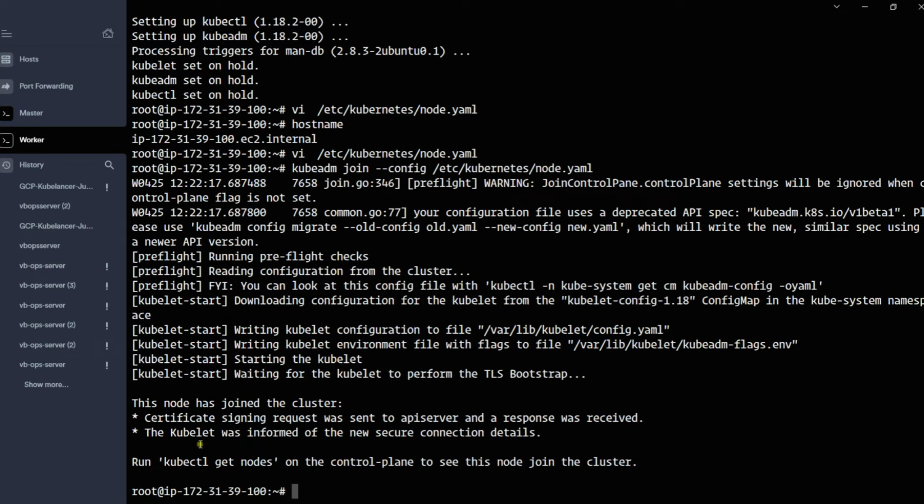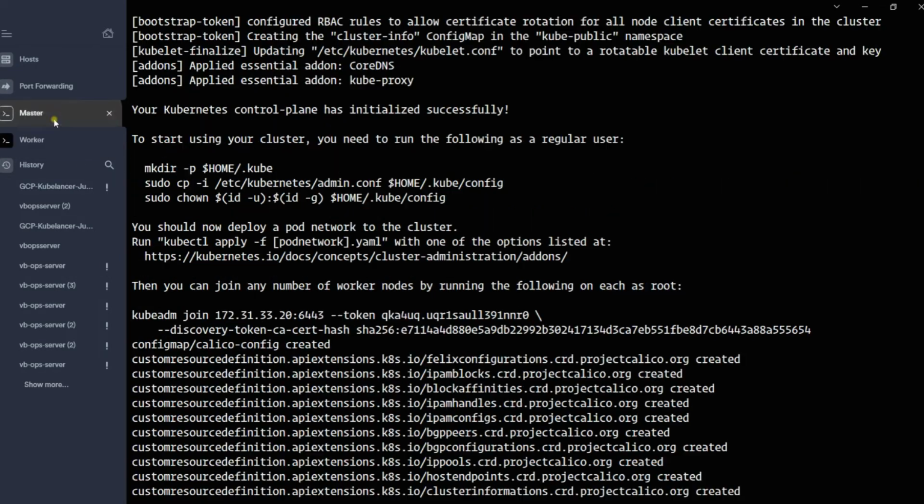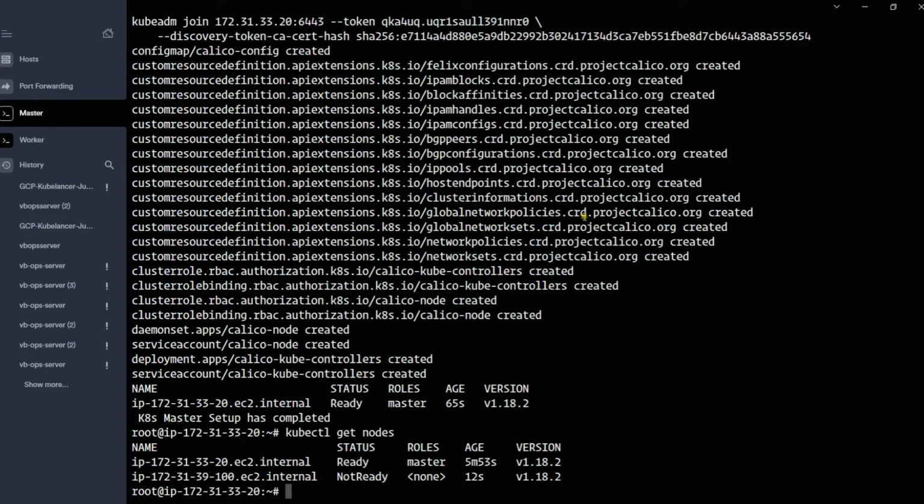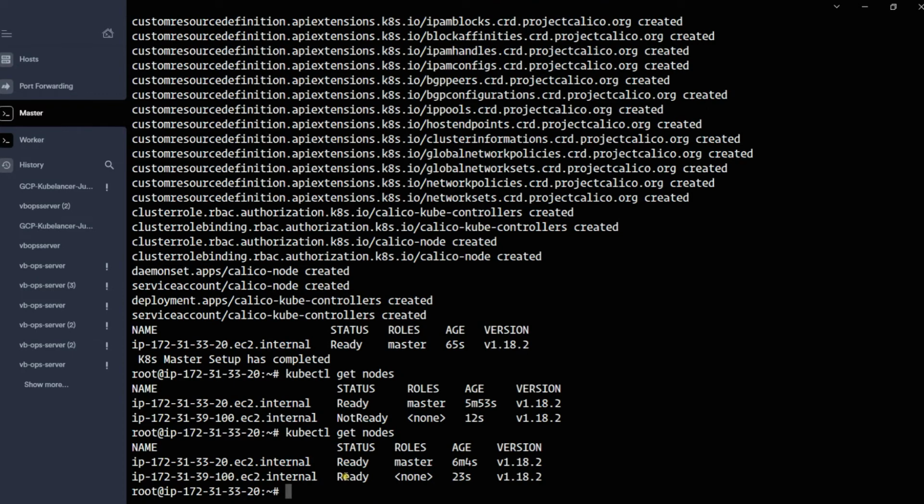Run kubectl get nodes on the master and ensure it's getting joined or not. Currently it's getting joined and the current status is not ready. Let me wait for another few seconds. It will come to ready state. Okay, it came to ready state. Now we have installed Kubernetes